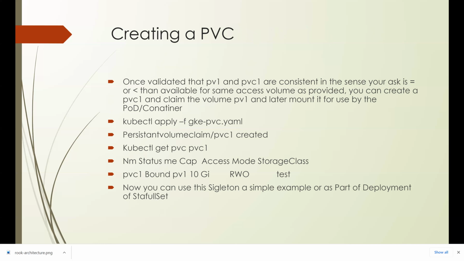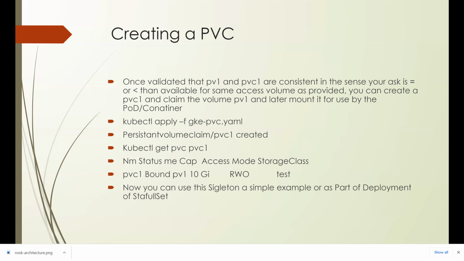So what does kubectl apply do when it is calling the PVC? First thing is it validates, okay, this is all correct, everything requested, and they are not odd, asking for more when it doesn't exist kind of thing. But you can ask less, that's not a problem. But all those it will validate. Once it is validated, then it will assign. So once it assigns, you will see that persistent volume claim PVC1 is created.